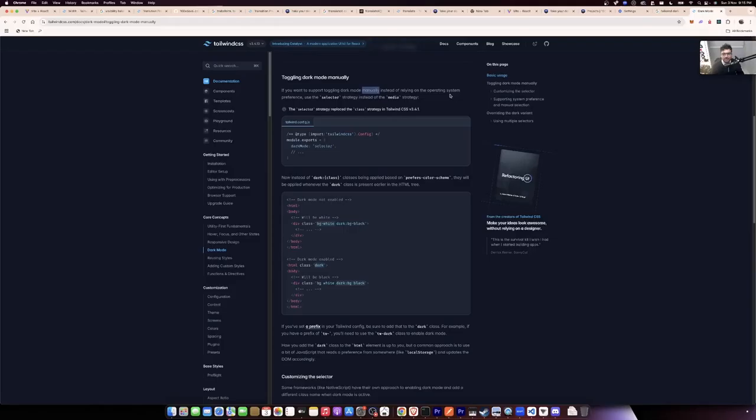relying on the operating system. Now we want to allow the user to change it manually. You set dark mode to selector के मतलब एक CSS selector होगा, उसको देखियो. Based on that, decide whether or not this is a light or a dark preference of the user. Dark mode selector means कि यार whenever this user is rendering this application,